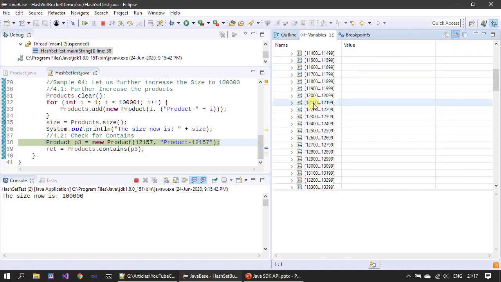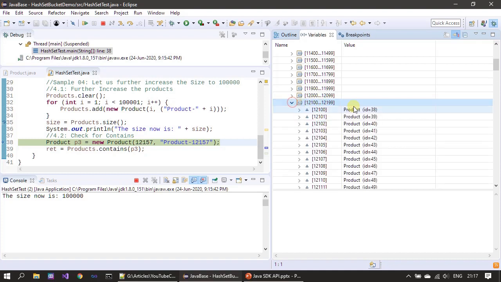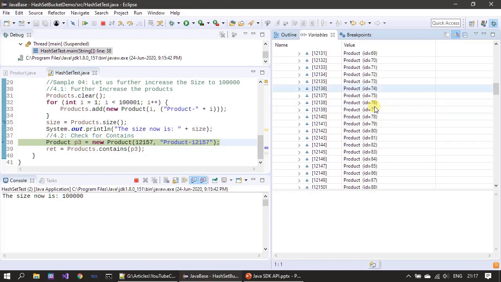So here what we are searching for is 12,157. Definitely it will be available here, because this is the range. If it is available, it will be available here, otherwise it will not be there. So if I expand this, 12,157, right? See, here we are manually picking the product just by drilling down. You can see how quick I picked it. So when it is given to the computer system, you can imagine how quick it will be